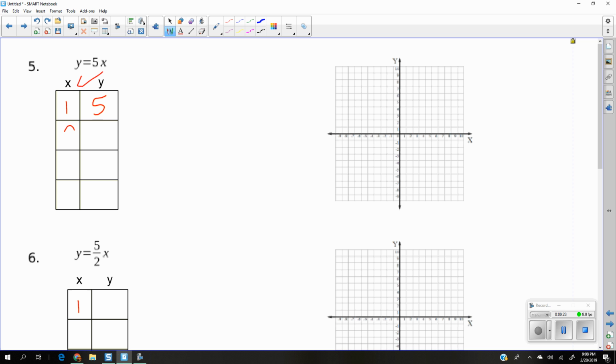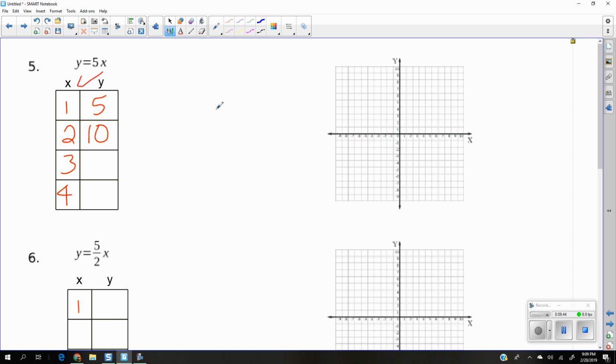What if X was 2? And we can make it anything we want, really. So if X was 2, 5 times 2 is 10. If X was 3, what would it be? What would it be if it was 4? So you can go ahead and finish that table on your own, and then you're going to come over and